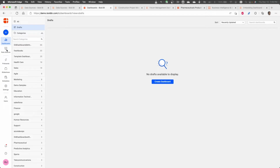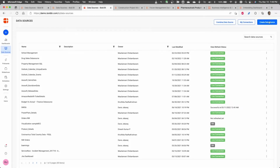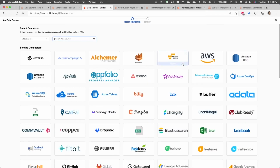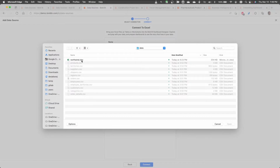So let's get started by creating a data source. We click on the data sources tab and then click on create data source. We are given a list of available data sources. For the purposes of this demo, I'm going to choose Excel because I have a local file available that I can upload and look at. I'm going to give it the name Northwind because I have data from the Northwind database that's used in a lot of samples. I'm just going to choose this,